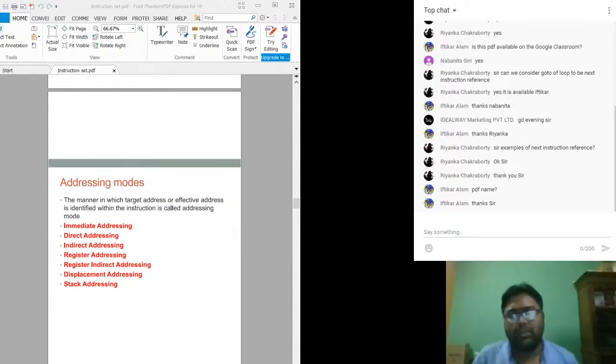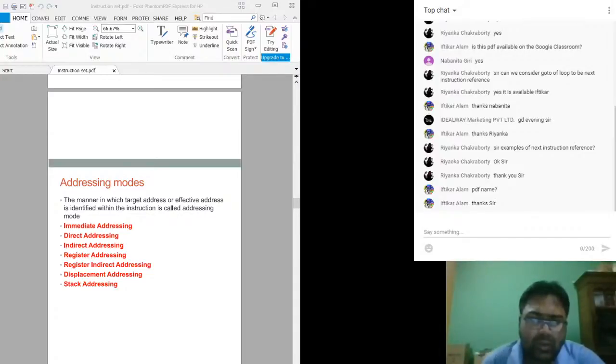Next, instructions can also be classified based on the addressing modes. What does this mean? The manner in which target address or effective address is identified within the instruction is called addressing mode. What sort of addressing mechanism are you using to locate a particular operand?